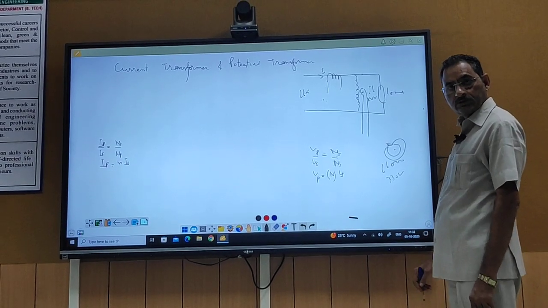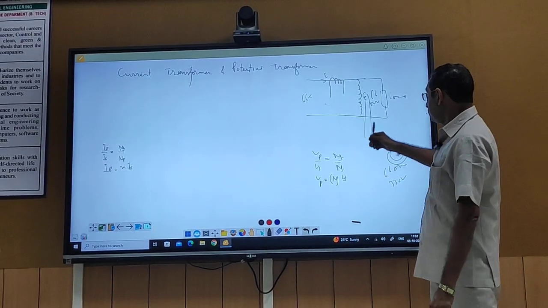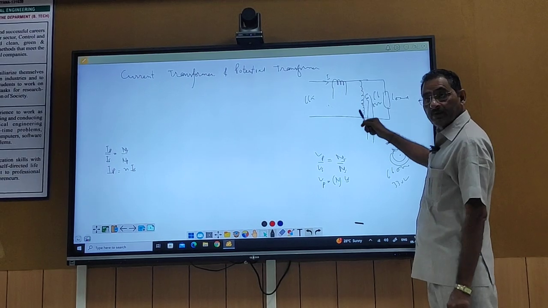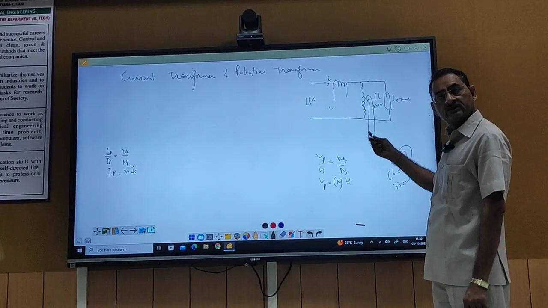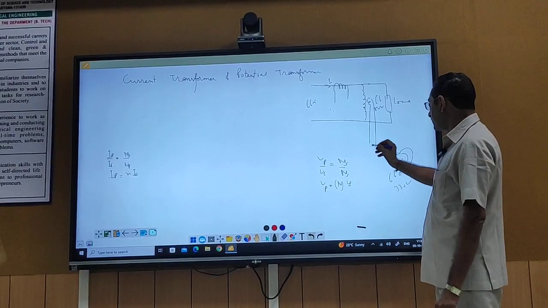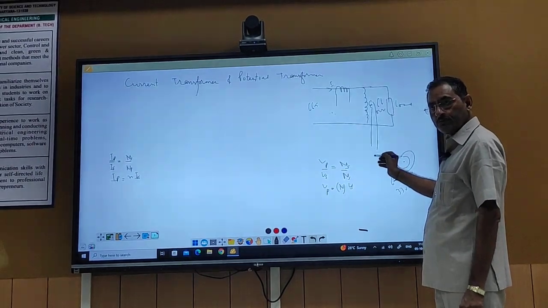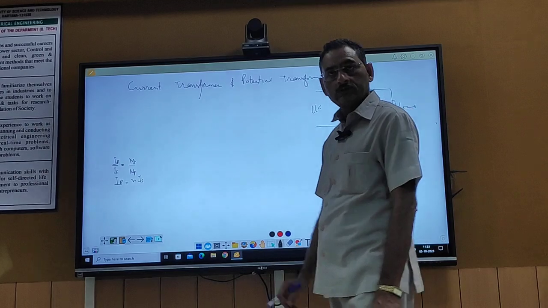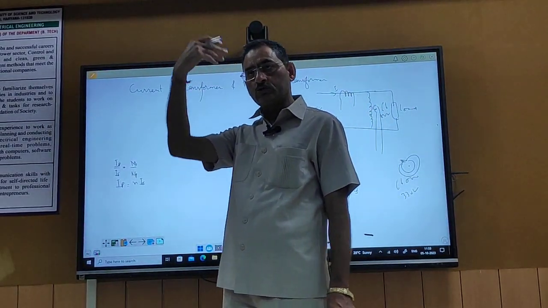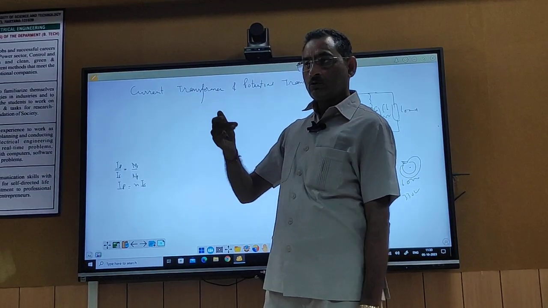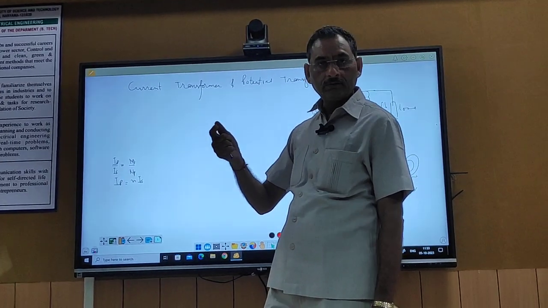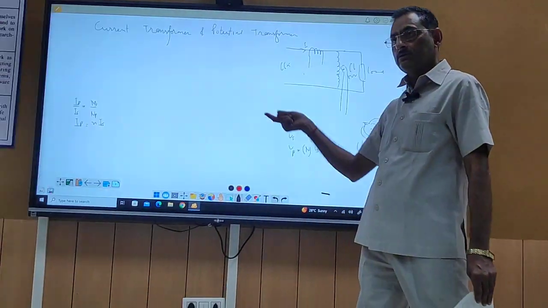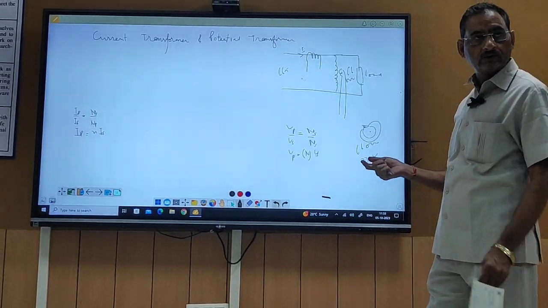200. It means here on the primary side there should be 200 turns, and on the secondary side there is 1 turn. Here you can connect the voltmeter, and with the help of the voltmeter, suppose the reading is 290, then what will be the voltage on the primary side? 290 divided by 330 multiplied by the turns ratio. Accordingly you can find this.